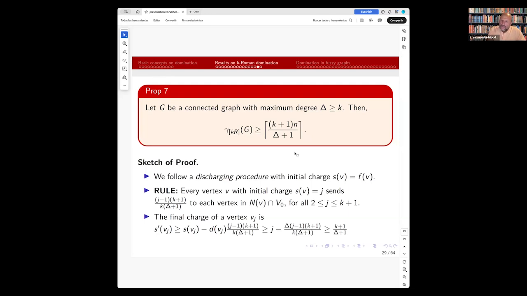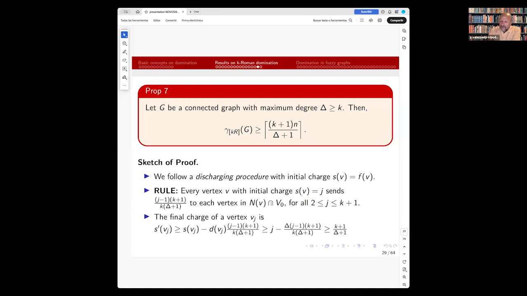In this case, the only rule we have applied is that every vertex with a charge equal to j must send to its 0 neighbors some quantity. In this case it is (j minus 1) times (k plus 1) over this quantity here. And